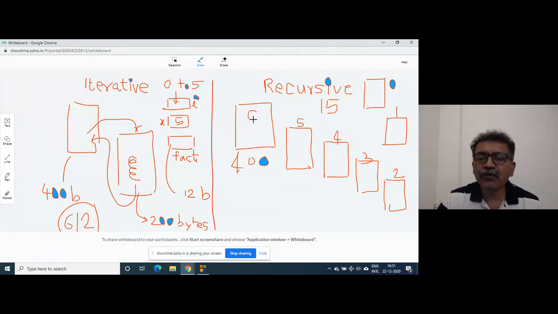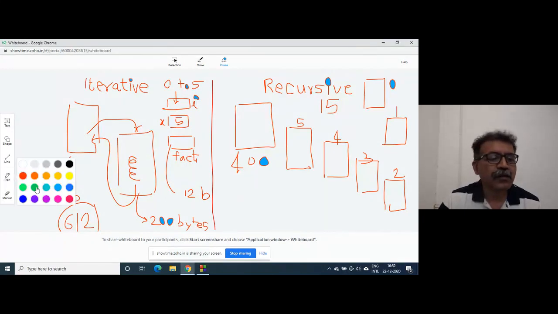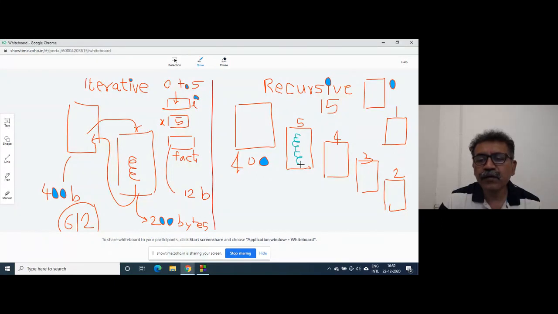And whatever code you have written here is repeated everywhere. Everywhere the code of factorial will be the same in each function, right?